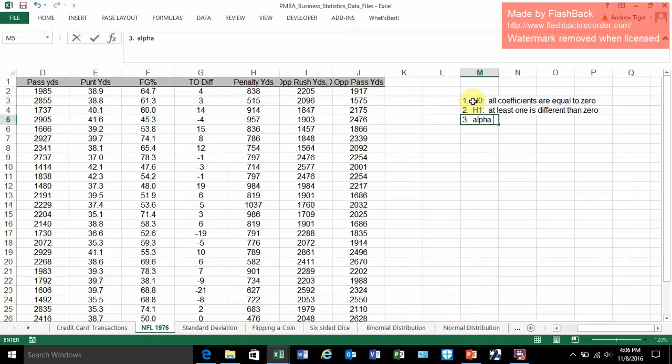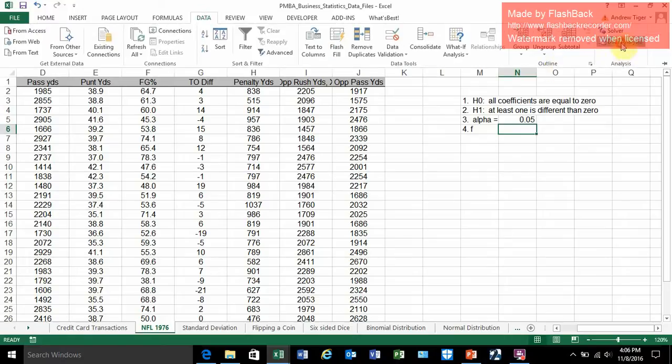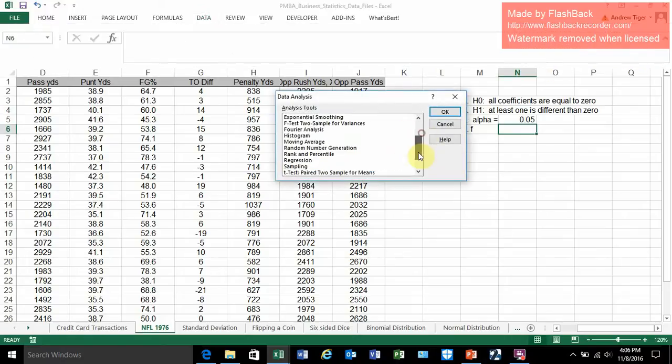Step 3, set an alpha. Step 4, go calculate an F-stat in ANOVA. And then if I go under data analysis, regression,